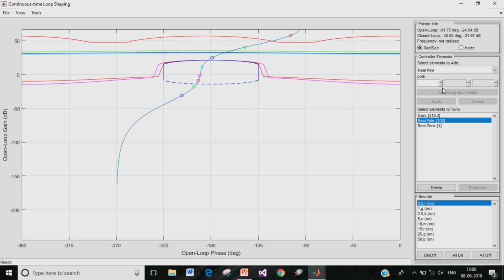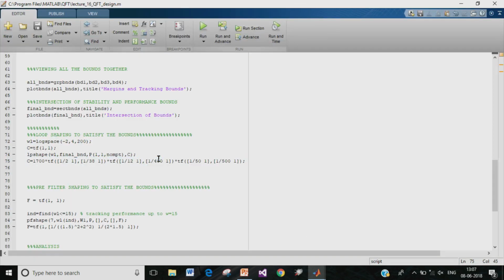So, before we freeze the structure of the controller or its particular parameters, we can see by means of the dotted curve how the loop shape will change upon making the changes that we desire to make, and by iteratively making the changes in order to ensure that each of the performance and stability specifications are met, we can finalize the controller structure.